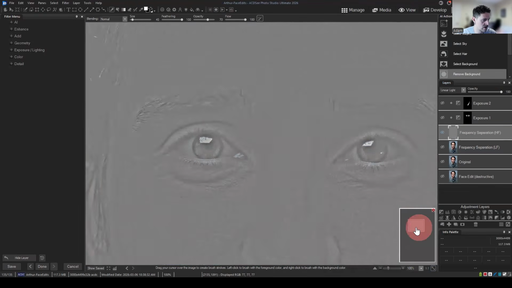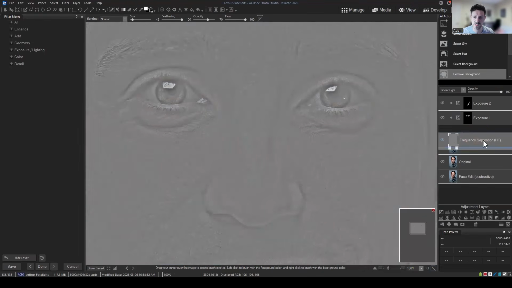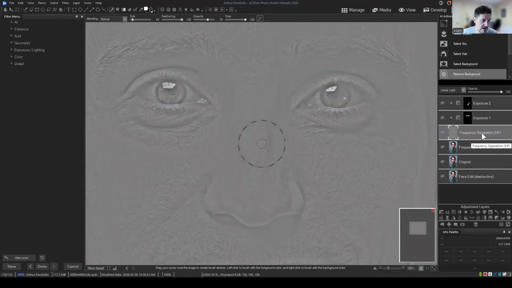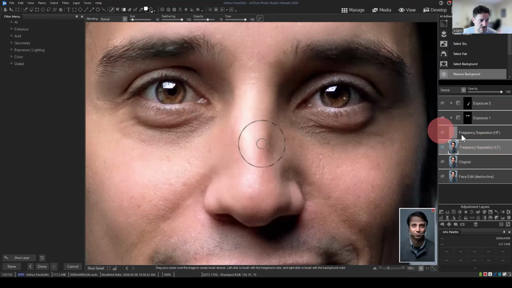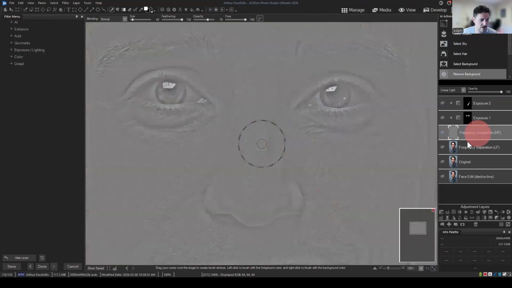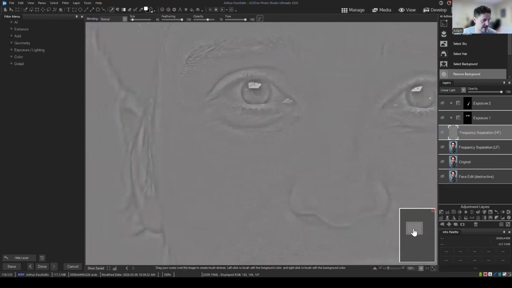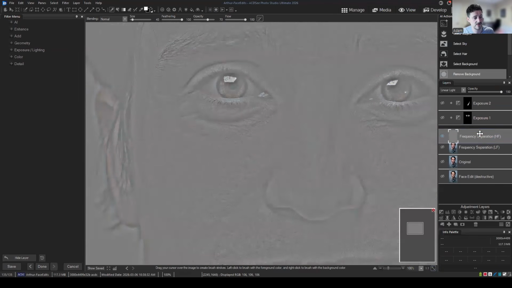What I can do is go in and use this high frequency layer, and I can actually make adjustments to it or repair this layer to remove these wrinkles that appear underneath. The same is the case for this blurred layer here. So we're going to attempt to reduce the effect of this under eye wrinkle, and we're going to start by doing it with the high frequency layer itself. So what I'm going to do is take this high frequency layer and